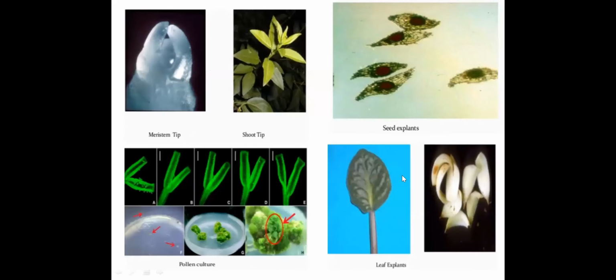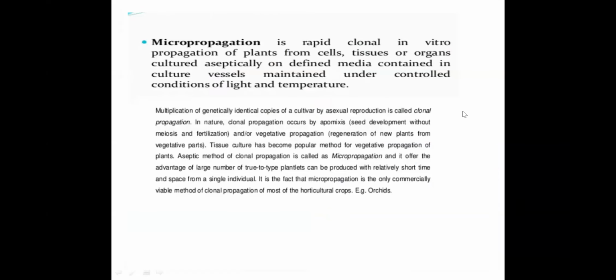Excised meaning cut. Any bit of a tissue of a plant can be used as an initiation culture for micropropagation. So here are some pictures which you can see: meristem tip, shoot tip. You can't see it here, but normally a shoot tip looks like this under the microscope. So you can use seeds as explant, leaf as explant, buds as explant, and you can use pollen as an explant. Okay, so anthers can be used, pollen can be used, nucellus, ovule, and endosperm are also being used as an explant.